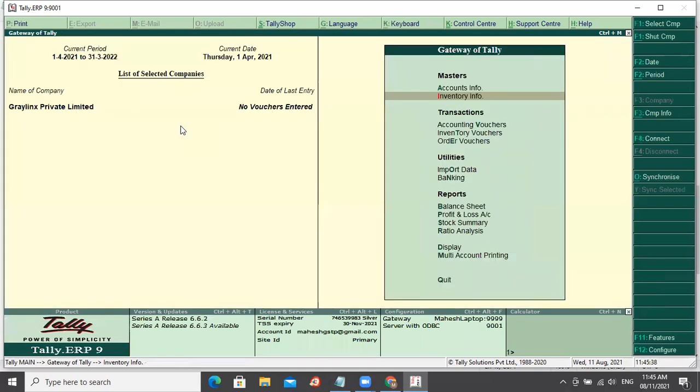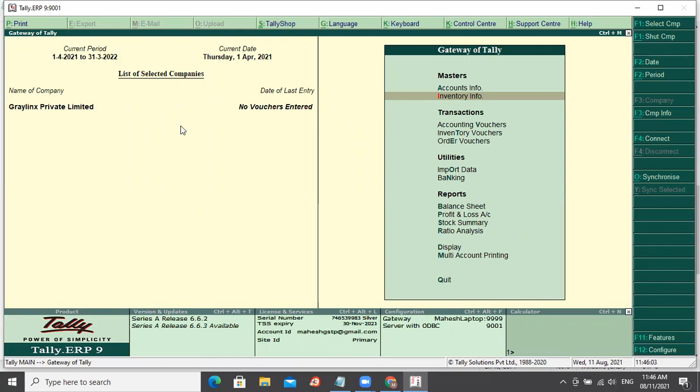So now what we have done is we have created the supplier master. We have created the stock items. Is it good to go? Yes, it is good to go, if you do not need any GST details in your purchase order. Okay, I'll show it to you. So now we are good to go to make a purchase order entry.